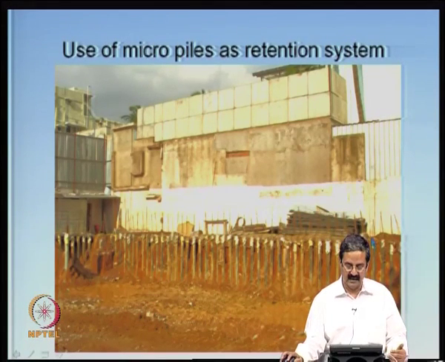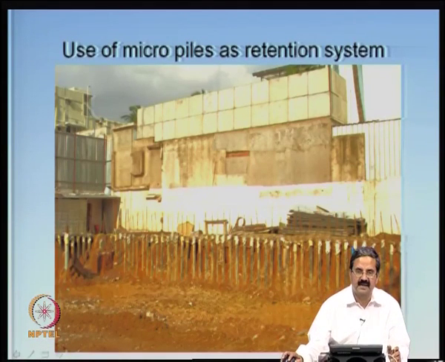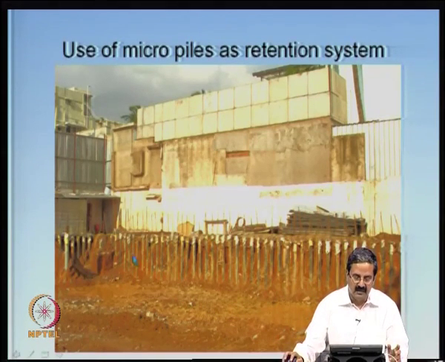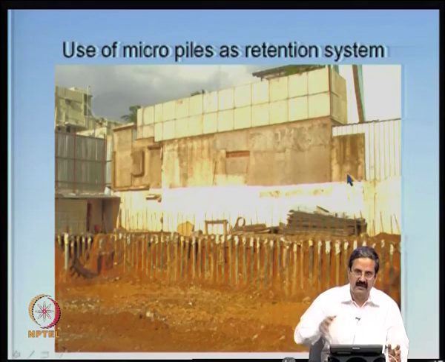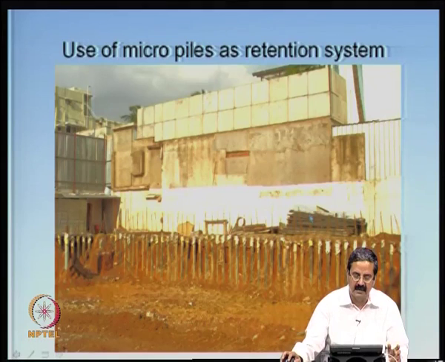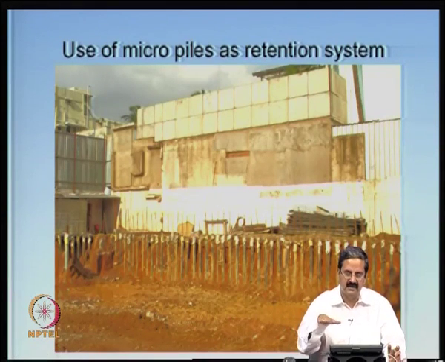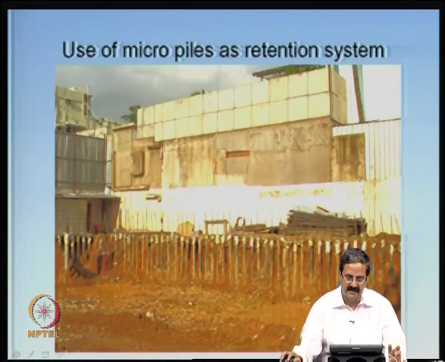The operation is that, as I just showed you in the previous example, you design the micro piles for a certain shear load. For example, these micro piles will take care of the shear load that comes from this building. The weight is not much, but the load that exists because of the apartment next to it will cause a lot of shear force, and the shear force has to be resisted by the shear resistance of the micro piles at the interface.